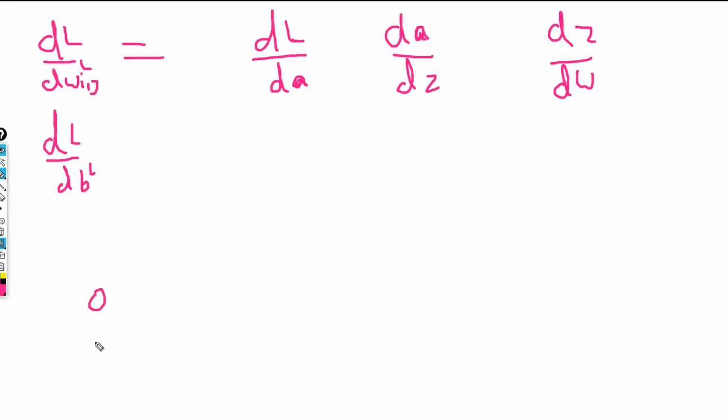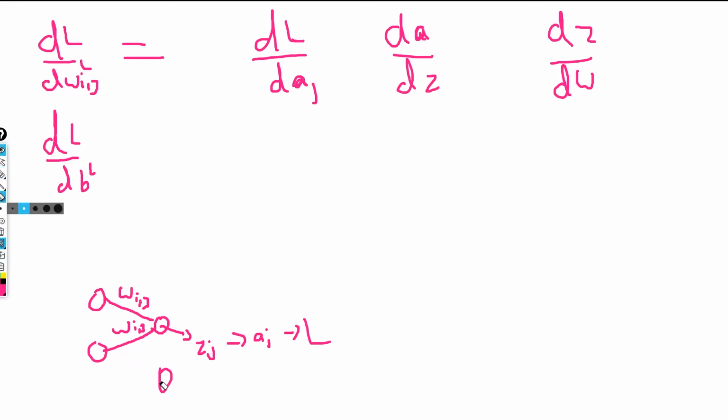Now let me also make a smaller diagram. Let's suppose these are the second last layer and the last layer. This weight is going to be, let's suppose, W_ij, so W comma ij. Then the output will be Zj, then the activation will be Aj, and then we will get the loss. So this loss is dependent upon the Aj. Then j can be anything; if we have more nodes, then the loss will be based upon those also.